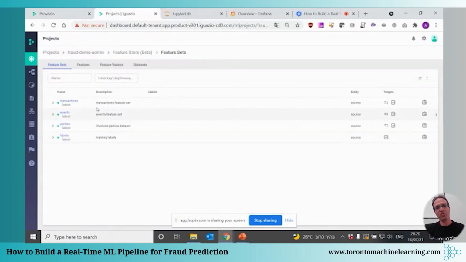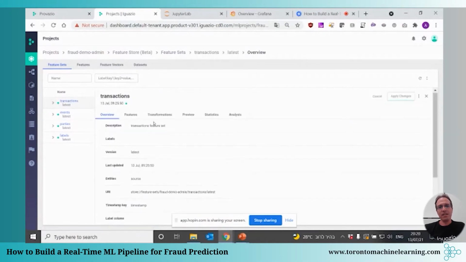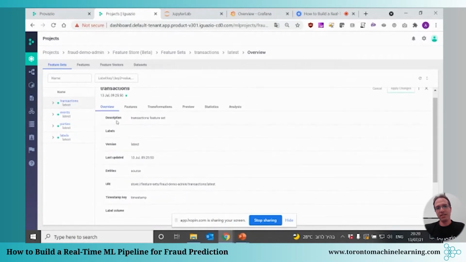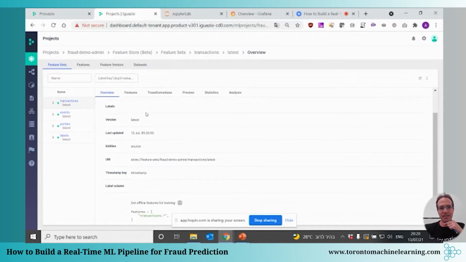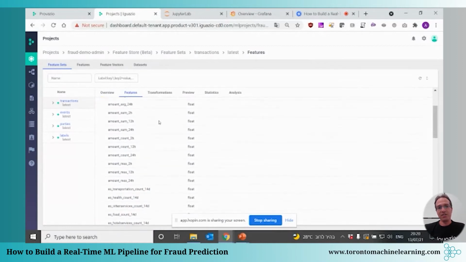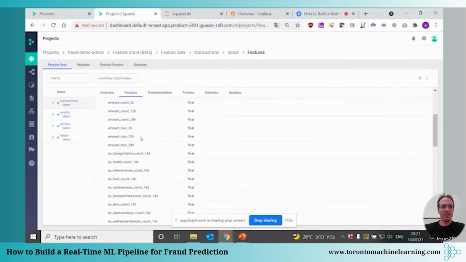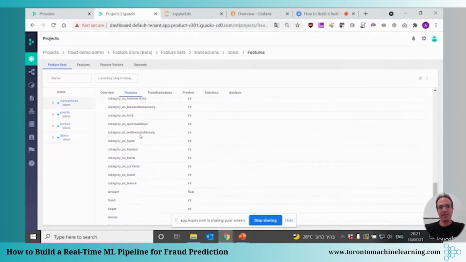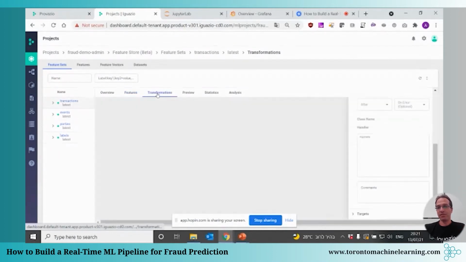I can go to the feature store, and here I can see all those feature sets that are ready. There's some information about them, like what's the entity, the target, and drilling down from that feature set, the transaction feature set, I can see all the relevant metadata. So things like version and last update and entity, all that kind of stuff is basically here. And obviously the features themselves. So I can actually see the list of the features. Here is the source and all those aggregations and the features that I just created as part of the graph.